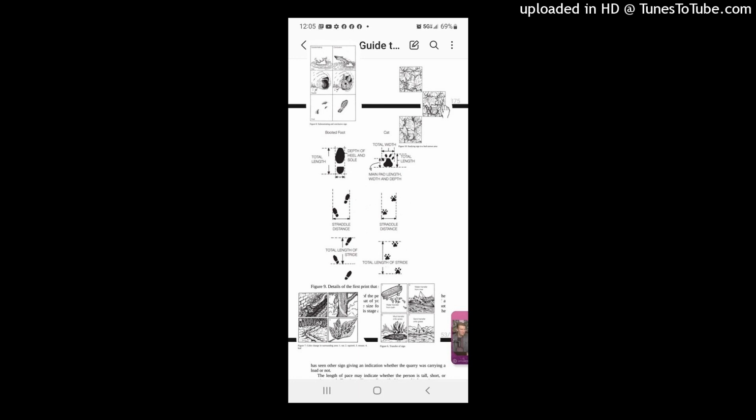Ground sign. This is the sign left mainly by the quarry's feet. This occurs where vegetation from the ground surface has been disturbed by the quarry passing through and over the area. Some examples of ground sign are foot and scuff marks, animal droppings, latrines, scrapes, and scent marking areas, animal fur, feathers, skin, and skeletons, animal homes, rabbit burrows, fox dens, and badger tunnels,